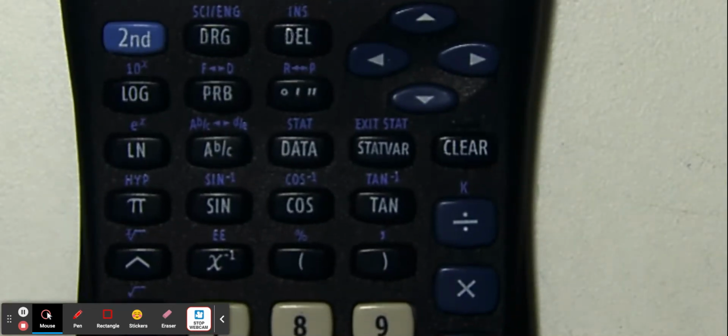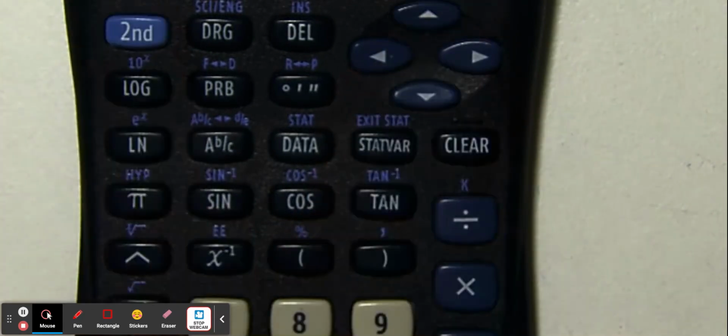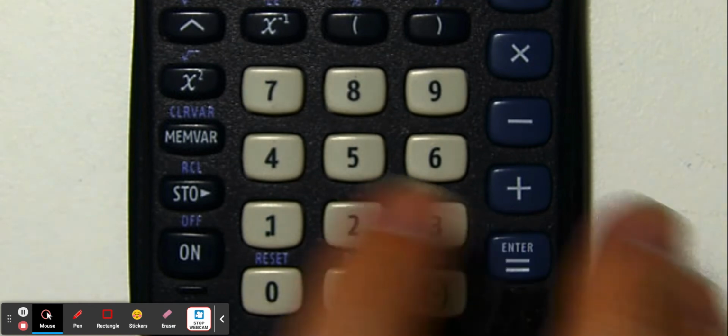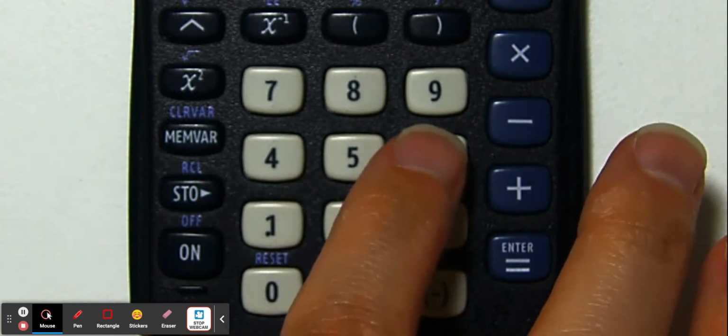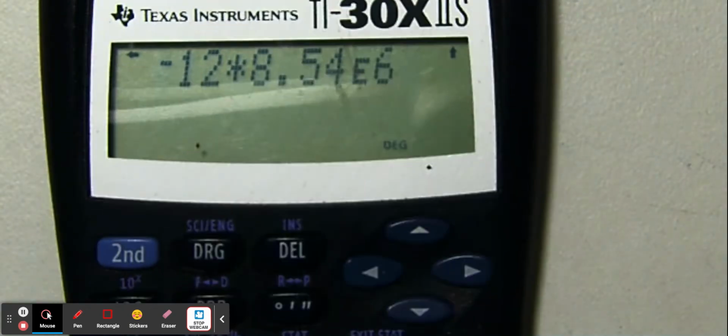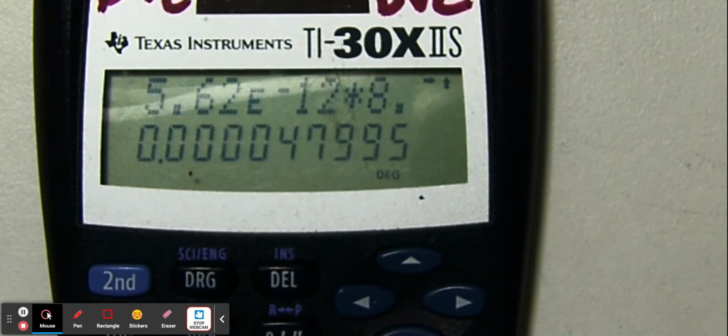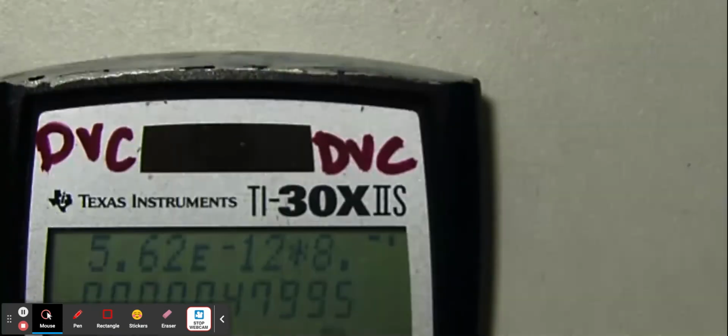And then let's say 5.4. And then when I need my times 10, so second function EE. And let's say the exponent is going to be 6. So I'm multiplying those two numbers together. And so I hit the equal sign. And there's my answer, 0.000047995. So that's how you can do scientific notation on this kind of calculator,